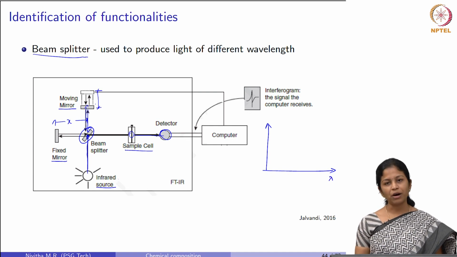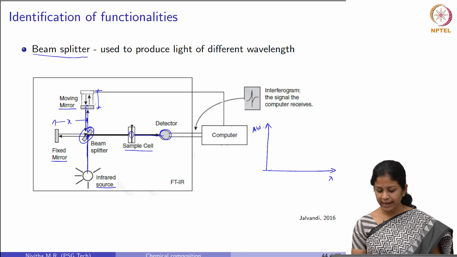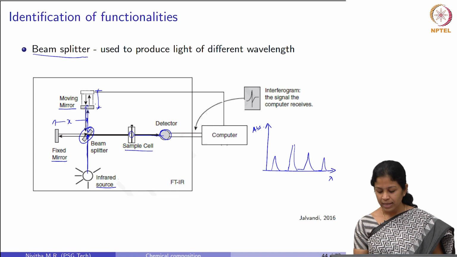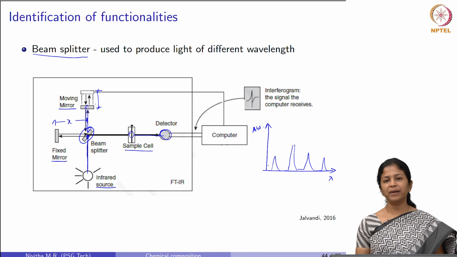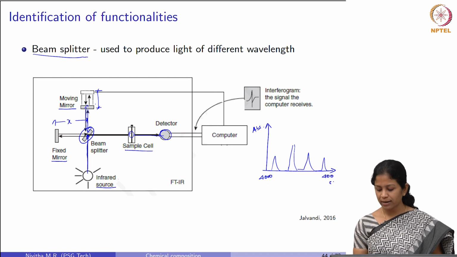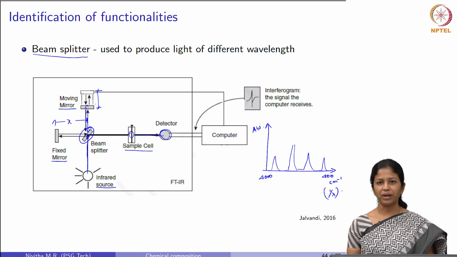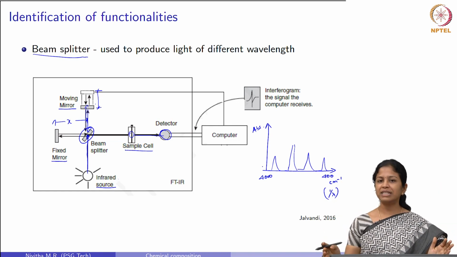So, finally, what we will get out of this technique is, this we can have as wavelength or wave number, and this will be the amplitude. We will get some peaks like this, right. This will be based on frequency. If we define it in wave number, which is the inverse of wavelength, for bitumen we can define it from 4000 to 400 centimeter inverse. This is wave number, which is nothing but inverse of wavelength. So, we will have a range from 400 to 4000 centimeter inverse.